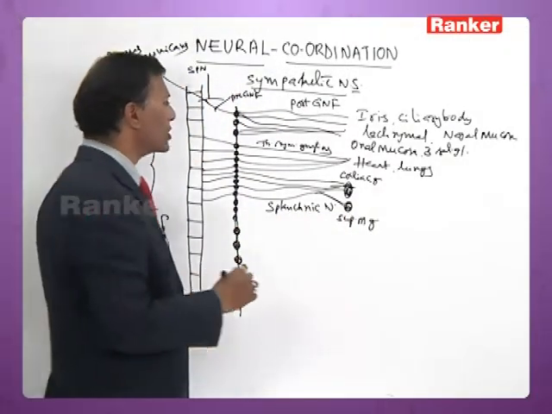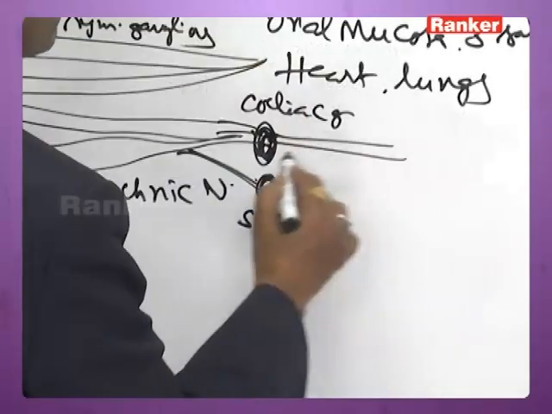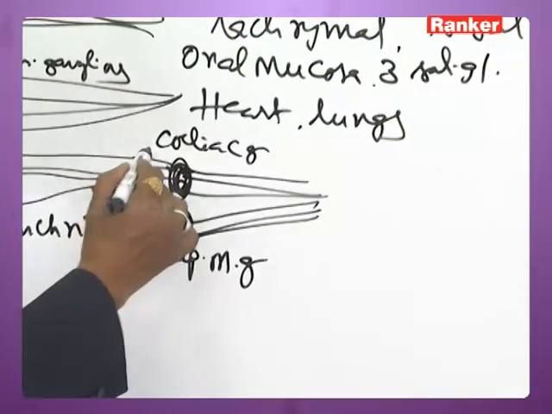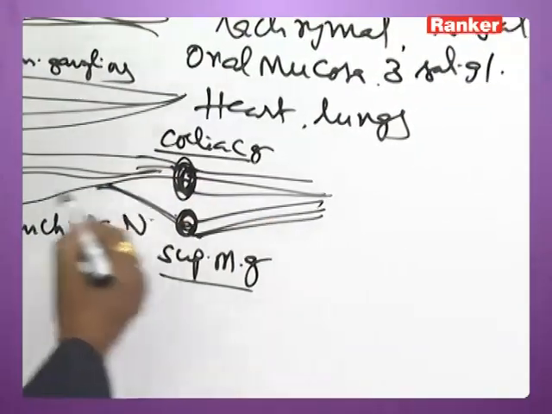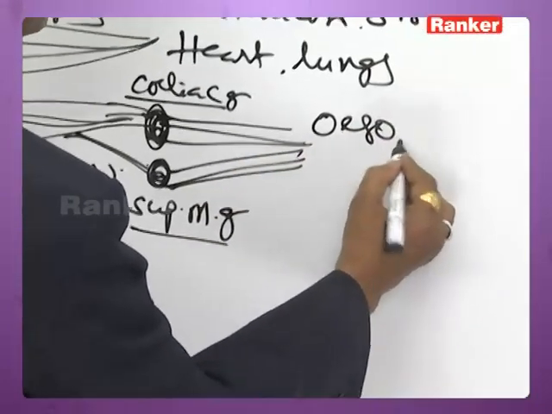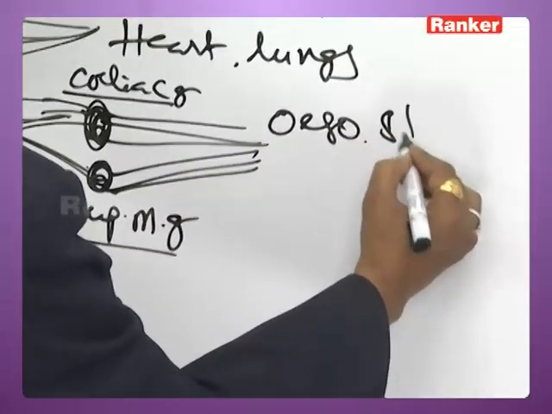Postganglionic nerve fibers given off from celiac ganglion and superior mesenteric ganglion, they innervate esophagus, stomach,